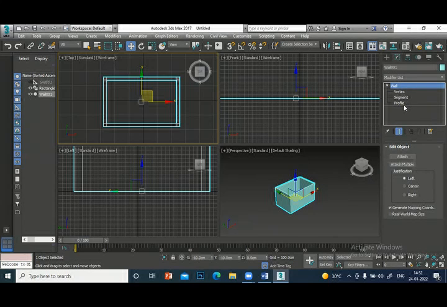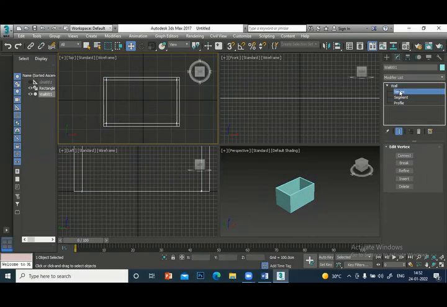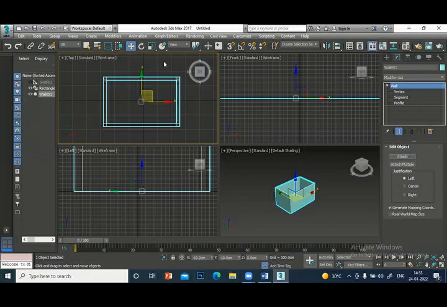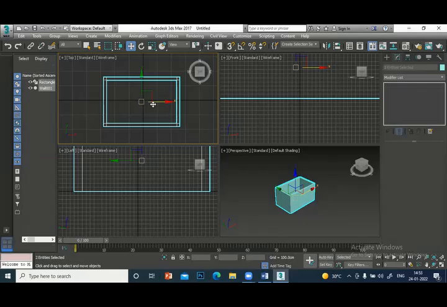There are 3 sub-objects: vertex, segment, profile. Suppose you select the vertex. You select this vertex and you can move the vertex. You see? Suppose I select both the vertex.